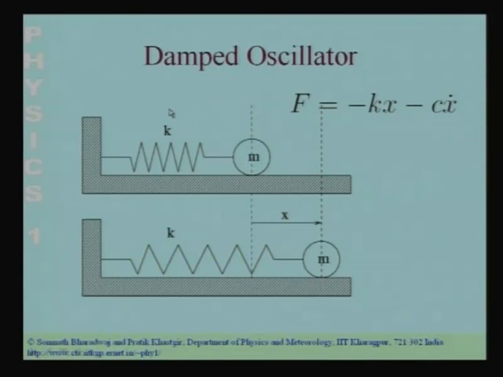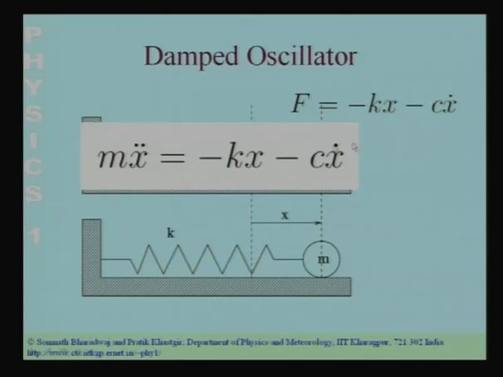So, when you displace this particle from the equilibrium position and leave it, the force now has two parts. One part of the force arises due to the spring, and that is minus kx. You also have the damping force which is proportional to the speed of the particle. The damping force tries to bring the particle to rest, so it opposes the motion, it is in the direction opposite to the velocity, and so it is minus the constant of proportionality into the velocity. The force has these two components. Putting these two components of the force into the equation of motion, this is what we get. Mass into the acceleration is equal to the force. The force now has these two components, one from the spring and one from the damping.